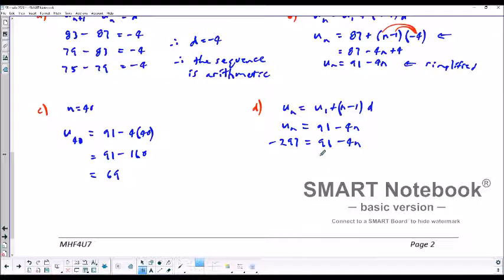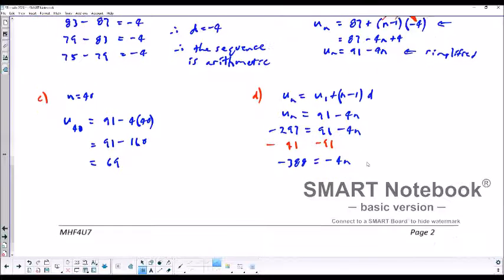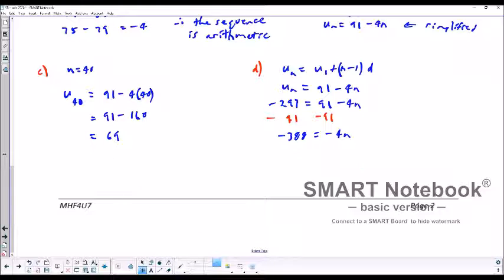So we're going to subtract 91 from both sides. And 297 minus 91, we'll have to get out my trusty calculator on this one just because I want to be sure about this. So when we subtract 91 from both sides, we end up getting negative 388. And that equals negative 4n. We divide both sides by negative 4, and this would take care of the sign,